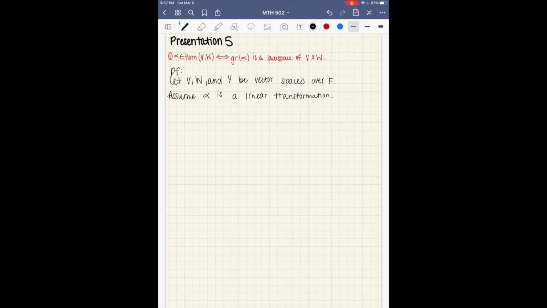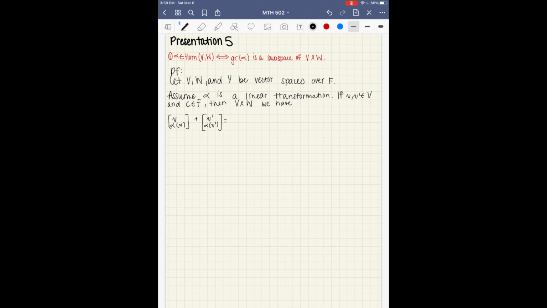So now that we have that alpha is a linear transformation, we can say that if v and v prime are in the vector space V, and c is an element of F, then if we consider V times W, we have (v, alpha v) plus (v prime, alpha v prime)